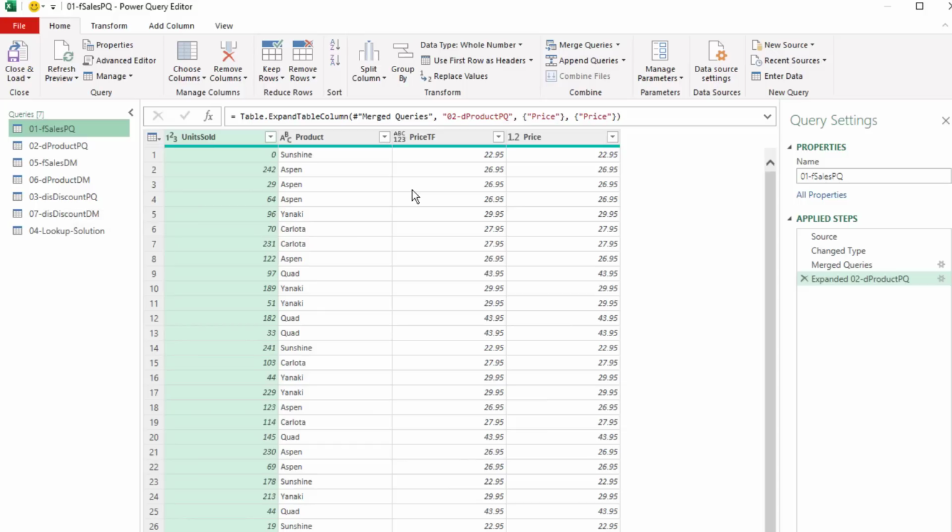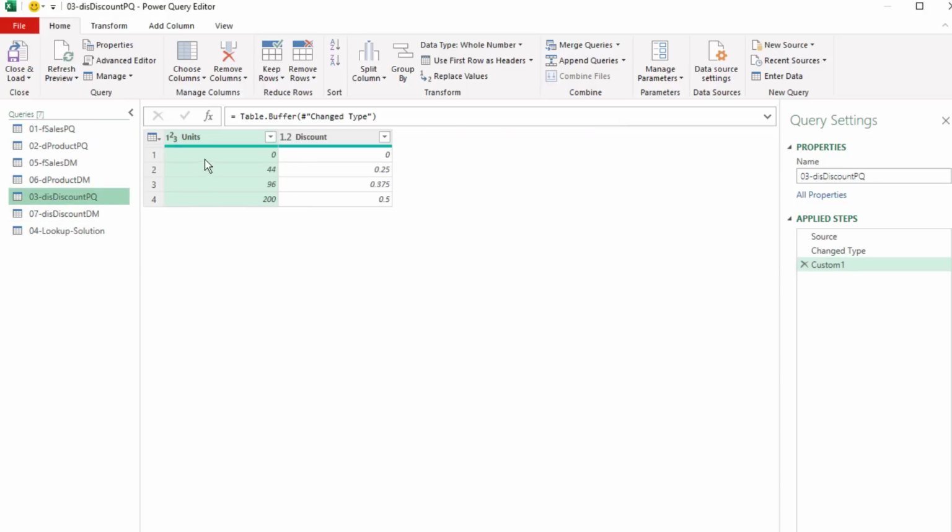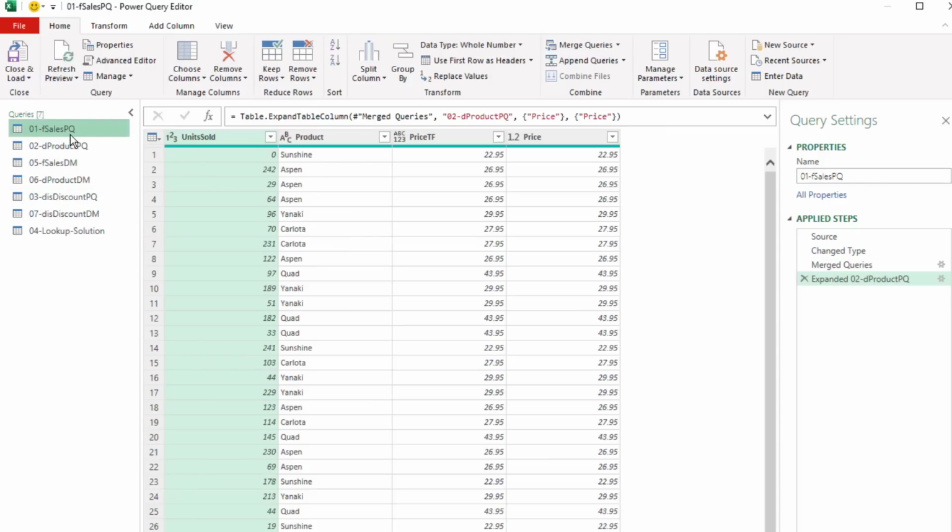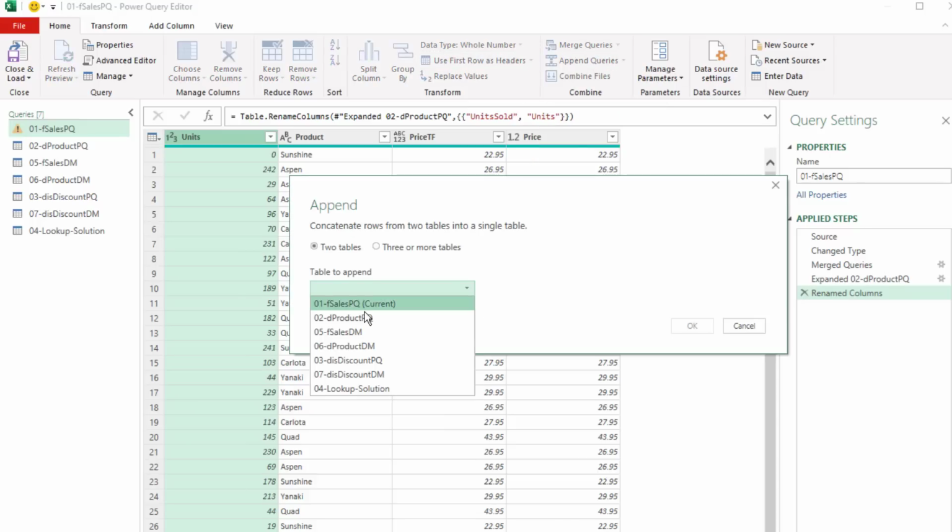We're going to use the append feature. Now, if we look at discount, append just takes two tables, and if the field names are the same, they just stack them one on top of the other. The problem for us is we need units on top of units, and this is not the same name. So I'm going to rename it just units, enter. If you need to keep the name, then at the end you can change it back. Now we go up to Home, Combine, Append Queries, Append, and the table we want to put on the bottom,